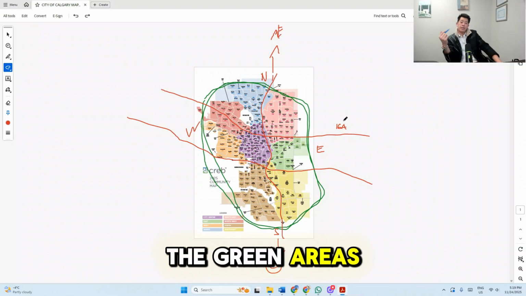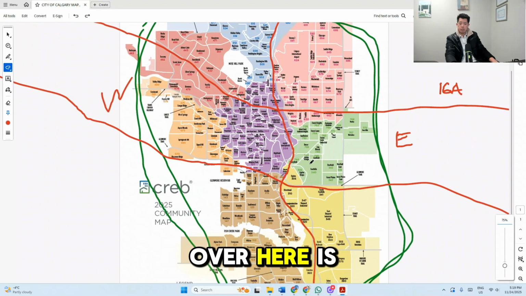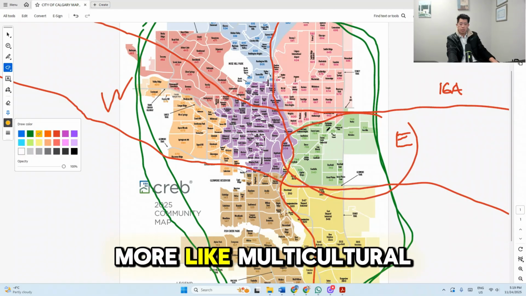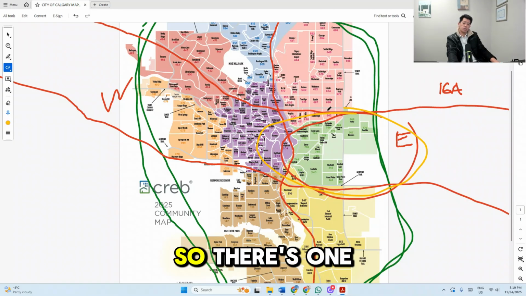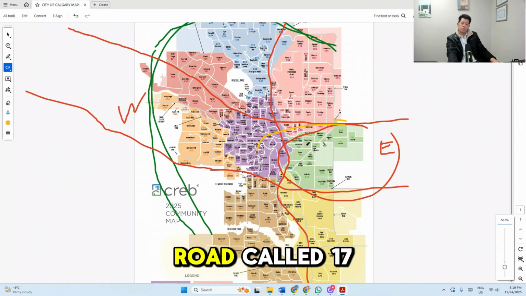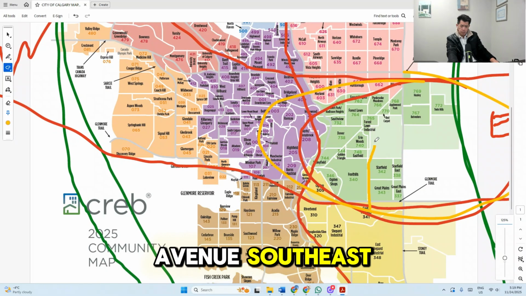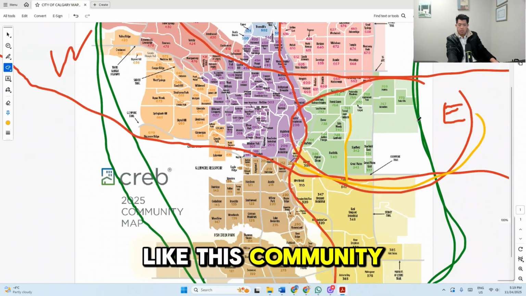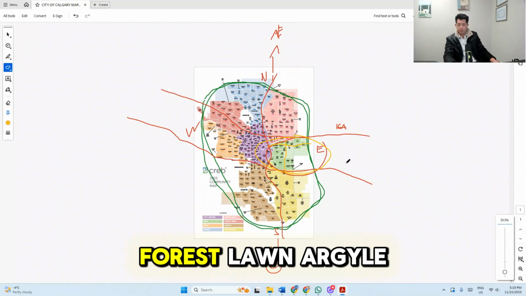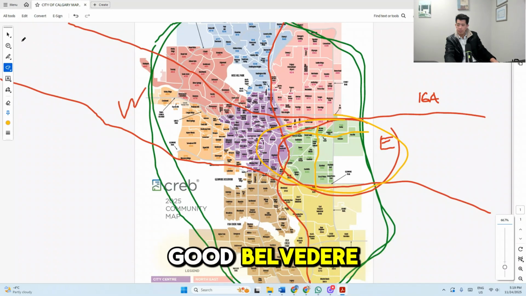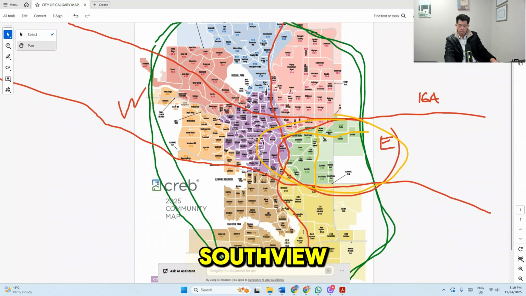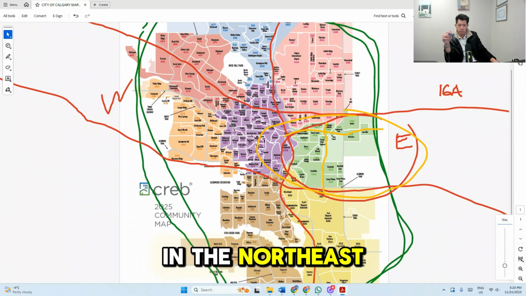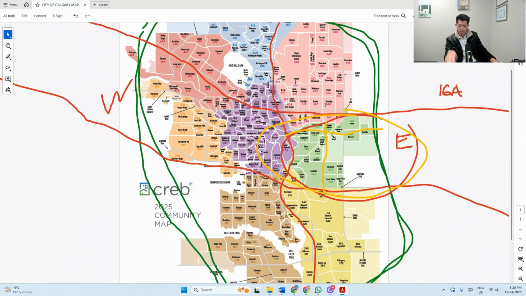You see the green areas over here? The green one over here is the east side. It is more like a multicultural area. There's one road called 17th Avenue Southeast, which is called International Avenue. Communities like Applewood, Forest Lawn, Erin Woods, Belvedere, Dover, Southview, and